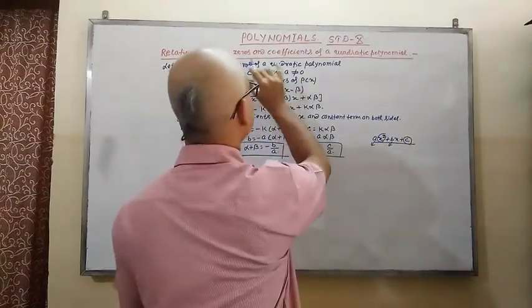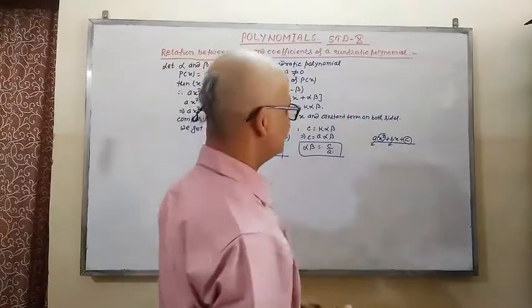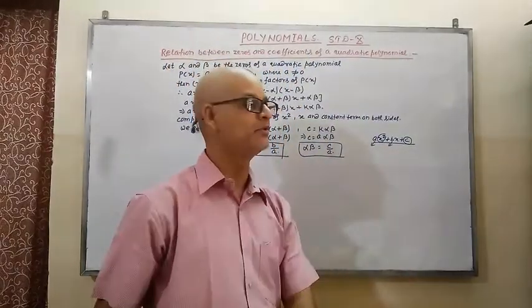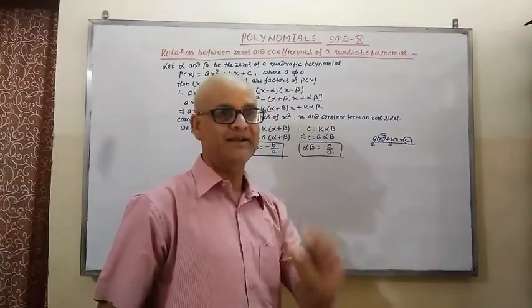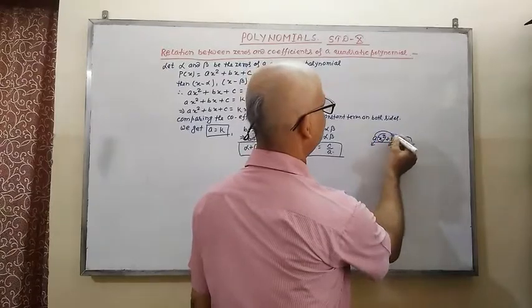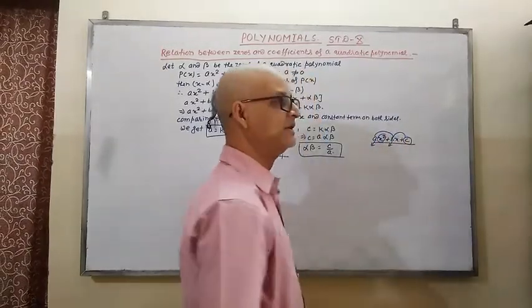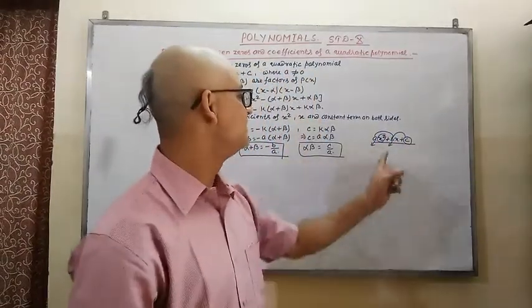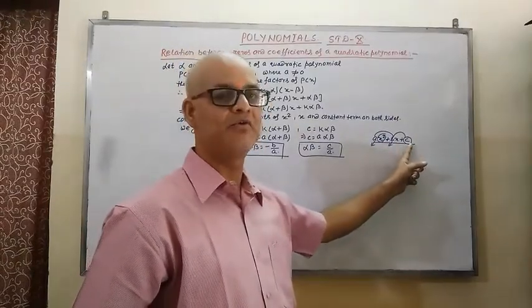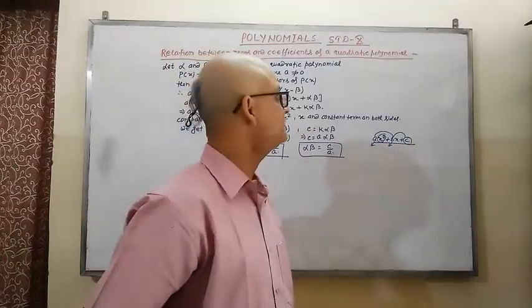So the relation between zeros and coefficients of a quadratic polynomial means whatever zeros we have, those zeros give what relation between this a, b and c. Whatever it is, the coefficient of x square, coefficient of x, and constant term. So now